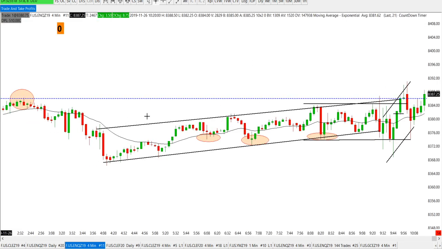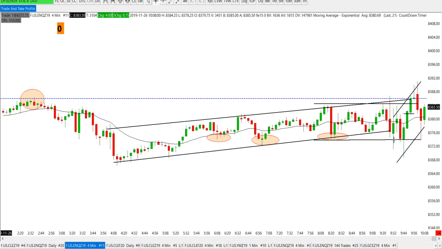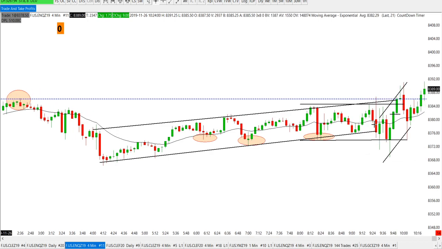Guess what? We had a nice little channel break, but guess what? We didn't break it. We didn't go nowhere. We broke it just a little bit. Where are the sellers? No sellers at all. This is why I love smart money trading right now, because smart money tells you what they want to do. No, smart money is not selling this right here. We barely went down.